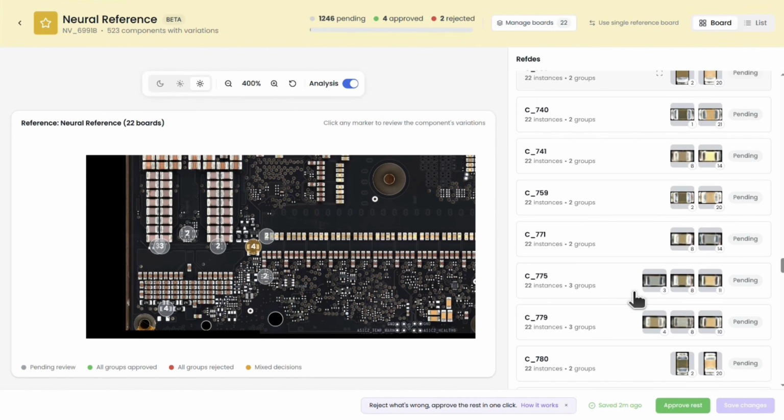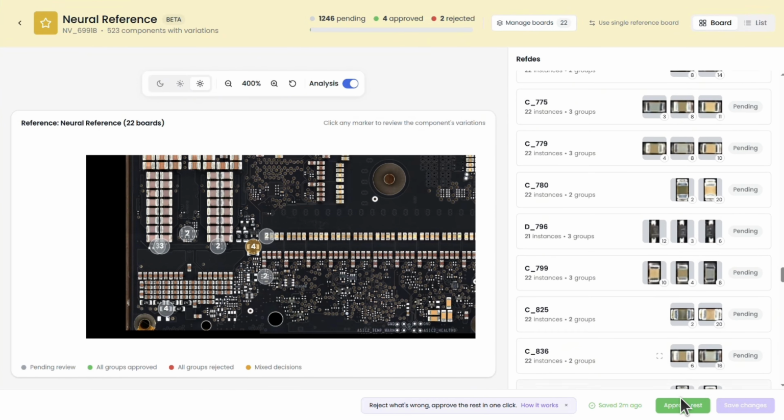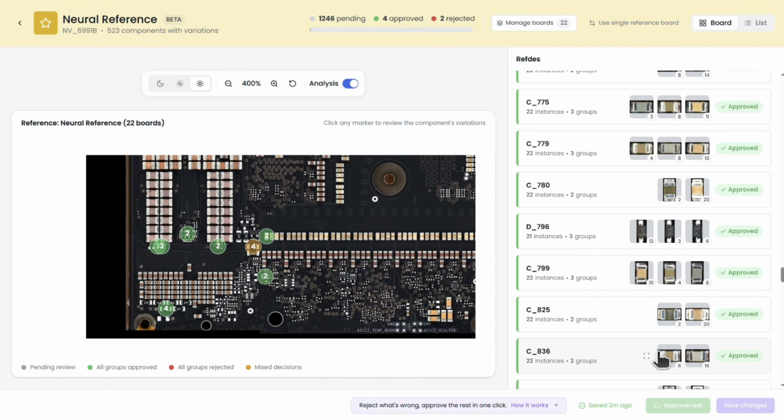Once everything has been reviewed, the user clicks Approve All. All changes are then saved, and the neural reference creation process is complete. From this point onward, any new board that enters the Cybord system would be compared against the model, allowing for more accurate inspection and eliminating false